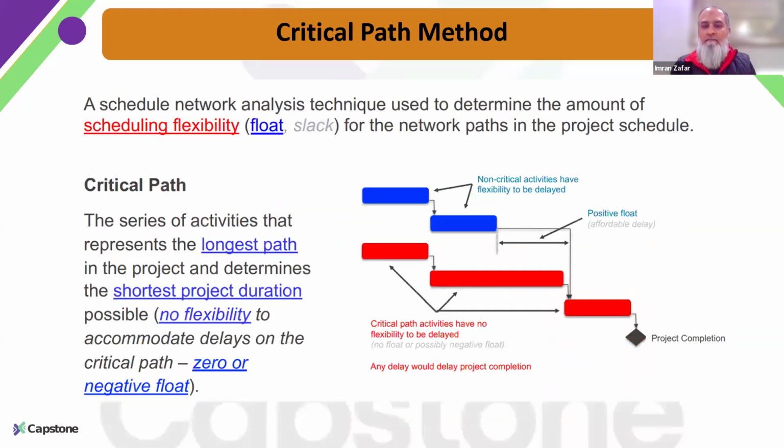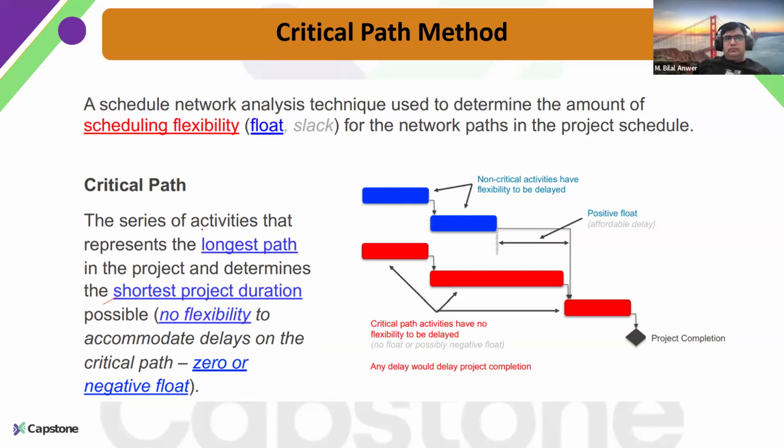So to find out the shortest duration of the project, the minimum time that I will be needing to complete my project, we utilize the critical path method technique, which basically gives us the shortest project duration, and that is basically the longest path in our